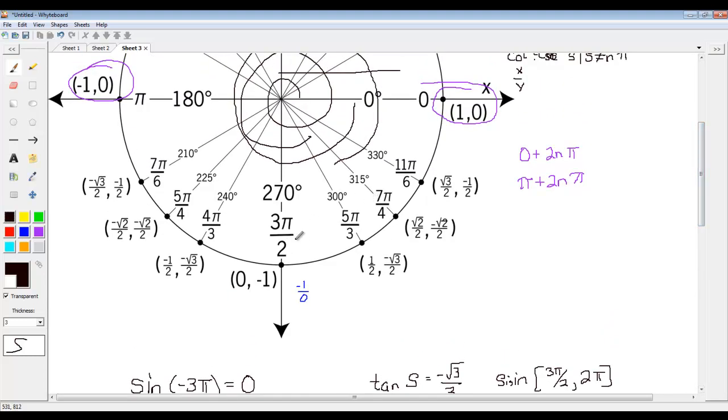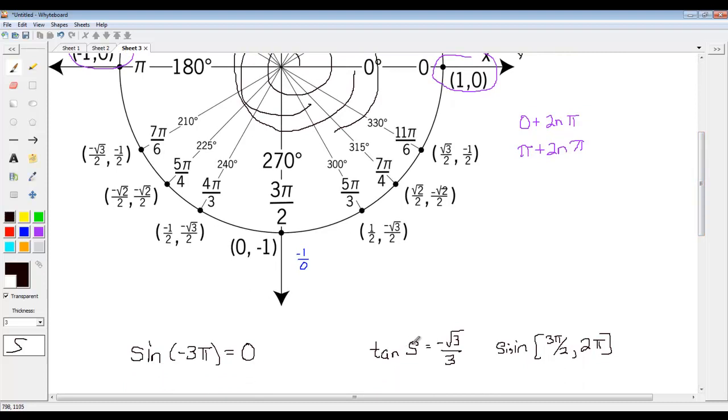Well, 3 pi over 2 to 2 pi, that's quadrant 4 right here. And they're telling us the tangent of some arc is negative square root of 3 over 3. So if we look in that quadrant, and we look closely, remember tangent is y over x. Tangent is found by doing y over x. Well, if you have to have a negative square root of 3 on top, I'm going to look at y, and I'm going to look at this one more closely. If I put negative square root of 3 over 2 on top, and 1/2 on the bottom,